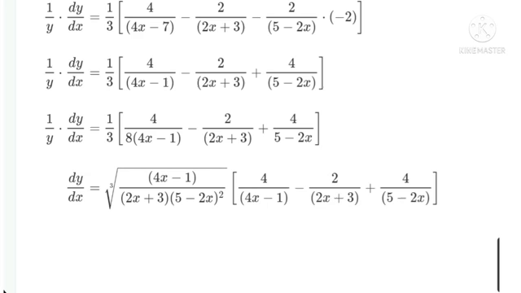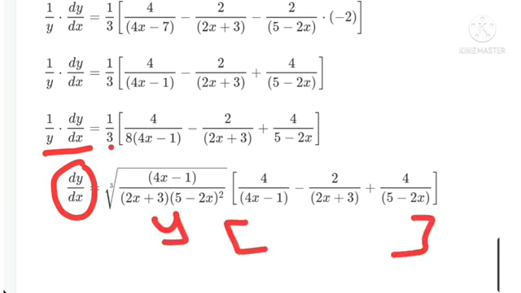So we get C, 1/y dy by dx as it is, 1/3 as it is. Now here, what happens? See, take y to the RHS, we get dy by dx is equal to y into this bracket, means put the value of y, cube root of 4x minus 1 upon 2x plus 3 into 5 minus 2x bracket square into this bracket same as it is. Okay,